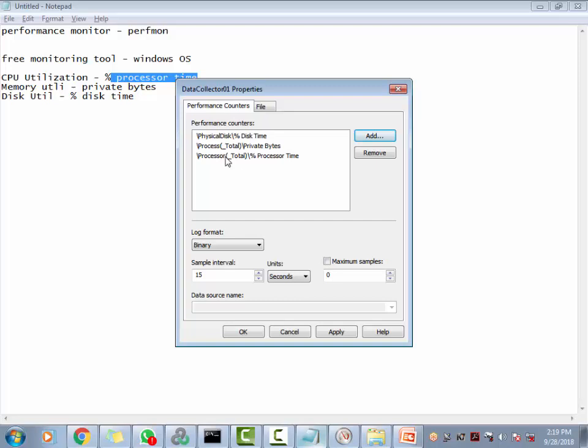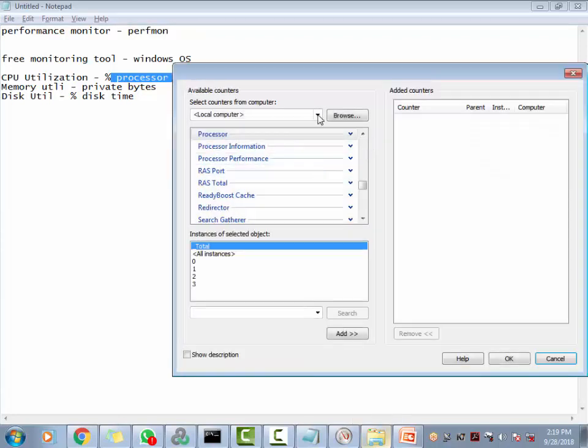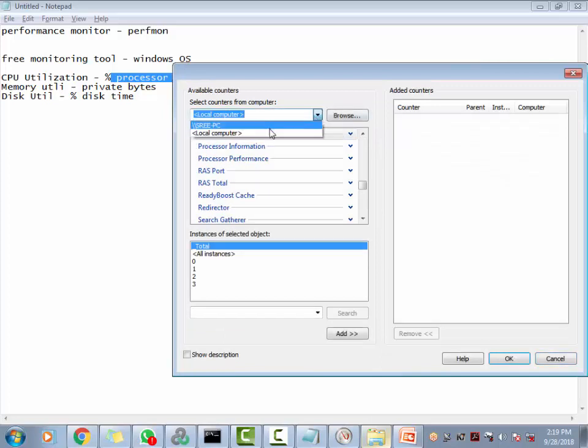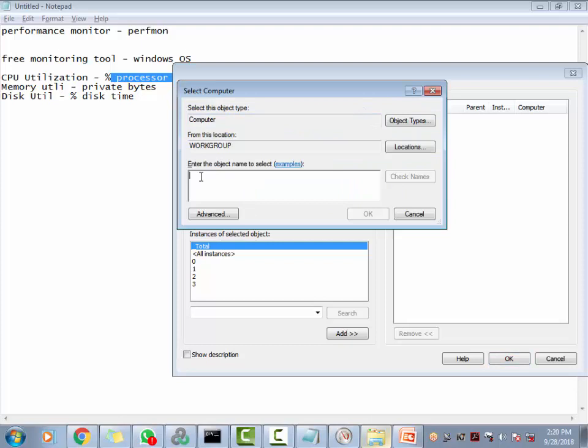Right now all these counters will be collected for the local host, but typically in real-time projects, it will be something else. If the server is somewhere else and you wanted to add the counters for that, you click on add, and if it was a real-time setup, all the servers will show up over here. If not, just click on browse here, and click on the server name for which you wanted to monitor. Every server will have a server name or an IP address. Just enter the server name or the machine name, and click on OK. As soon as you enter the machine name, this will be enabled. Let's say there's a machine called